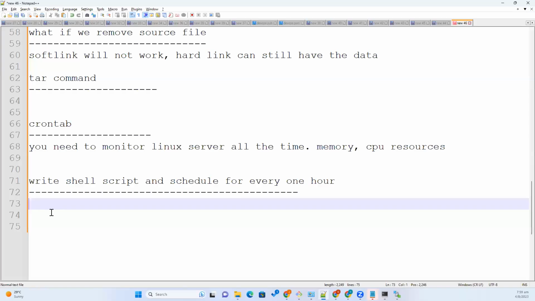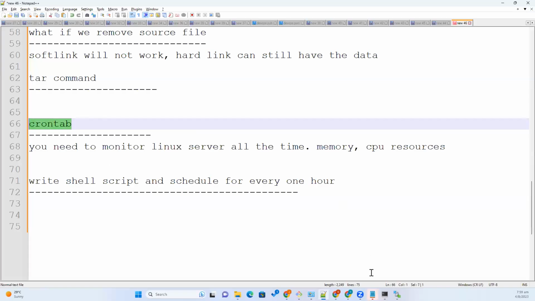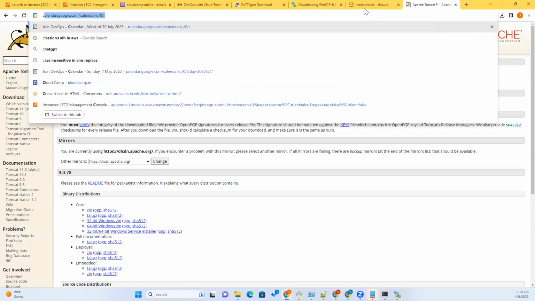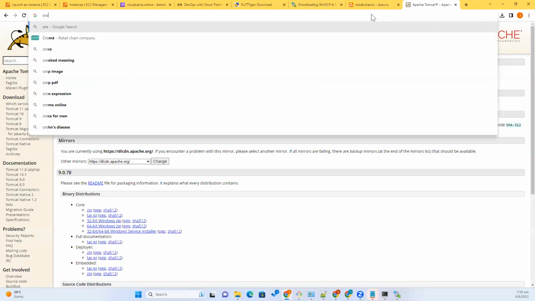Okay. But how are you scheduling? Scheduling in Linux is very important to understand. That is nothing but crontab, a simple command. Okay. But there is some syntax to follow. If you just type crontab,